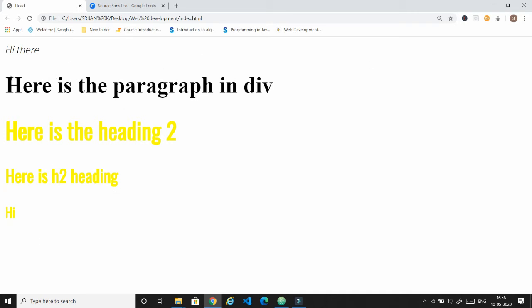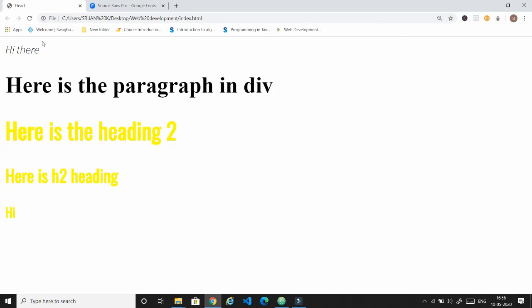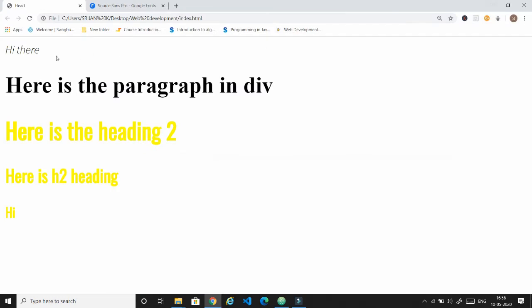And the next one is Source Sans Pro. This is on the element with an em tag. Whatever content is in the em tag will have that style. So this is how we can use Google Fonts.